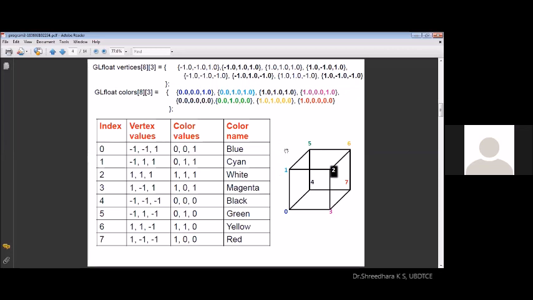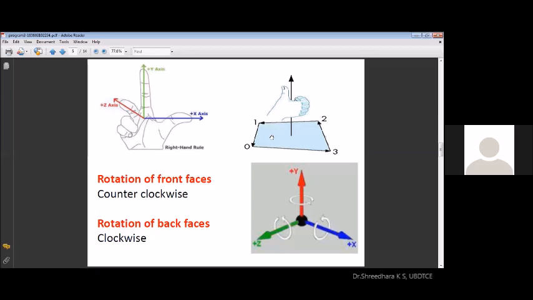Mapping to these, mapping properly results in your polygon. Joining of this polygon in a particular order, that is the second phase: which face you want to make front and which face you want to make back. For that reason, you have to use the clockwise and anti-clockwise rotation with respect to the vertices ordering, which makes the faces front and back. So this is the x-axis, y-axis, and z-axis, which support in order to finally tune it.